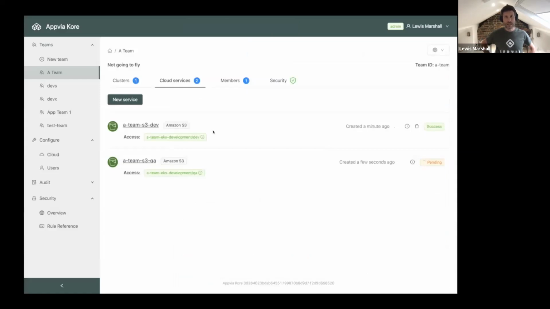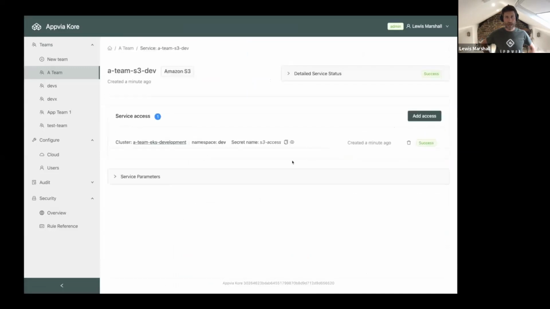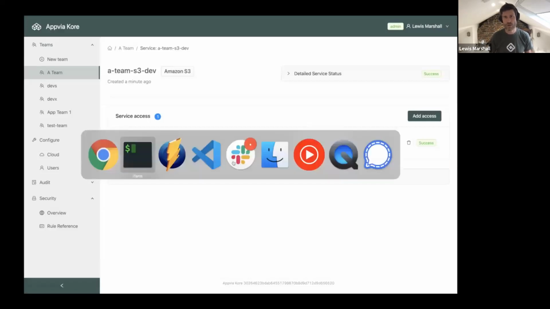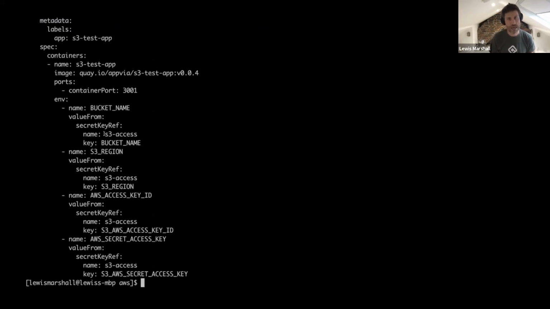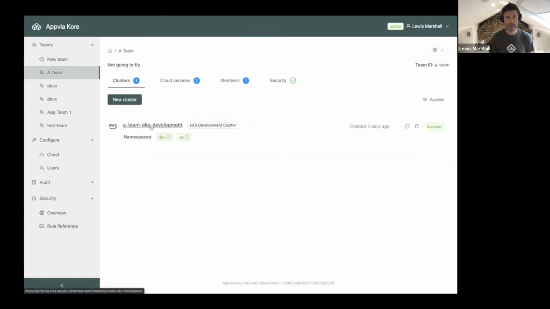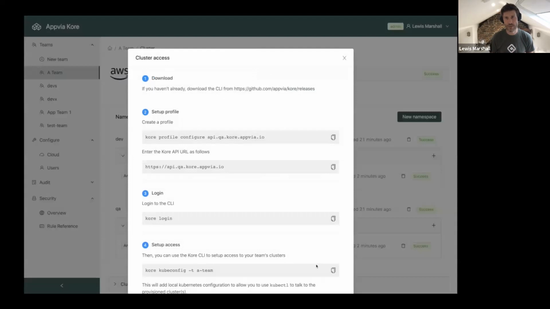So now I can give a very quick view of how we want to provide extra help to the developer of how they would consume those resources in Kubernetes. We'd also want to provide a lot of extra help on those plan details and detailed configuration information around that. So here we've got a Kubernetes resource with the details of that secret, and I'm going to now go and access that Kubernetes cluster.